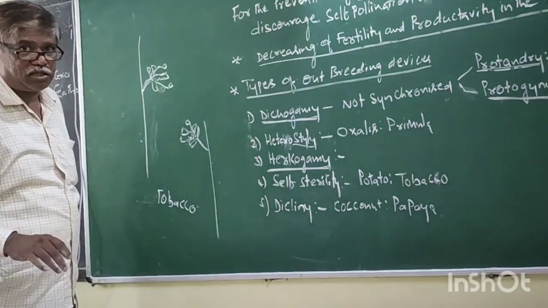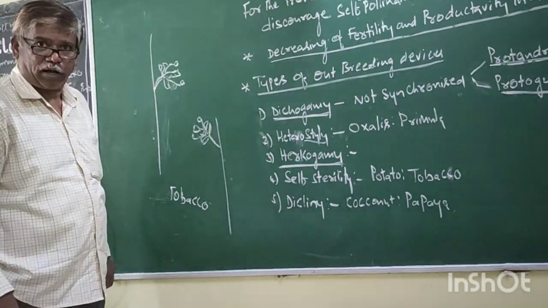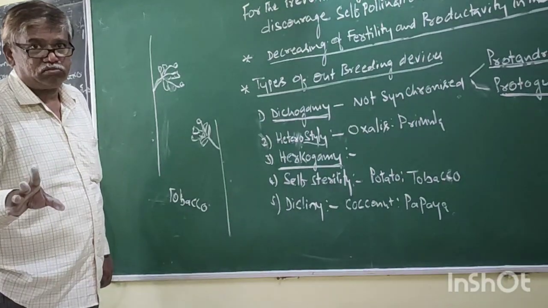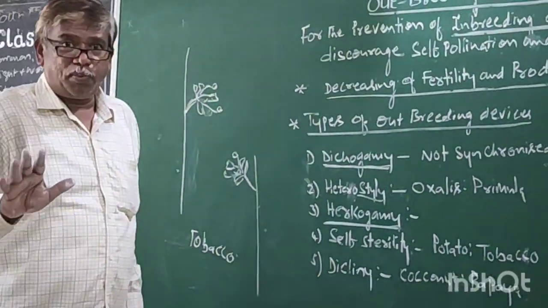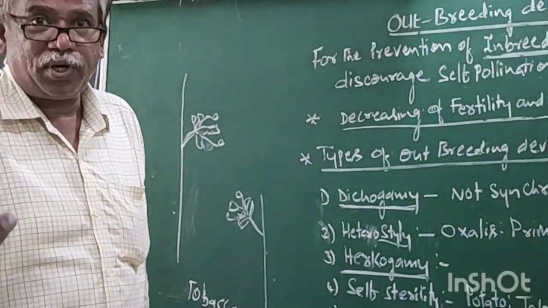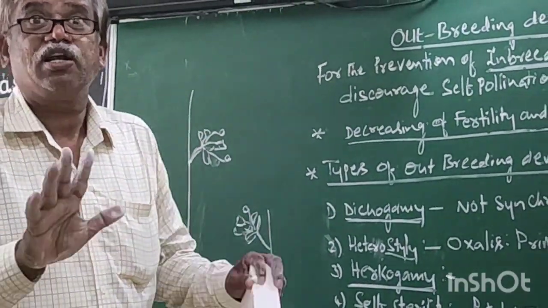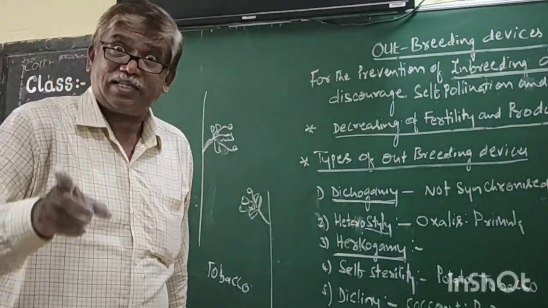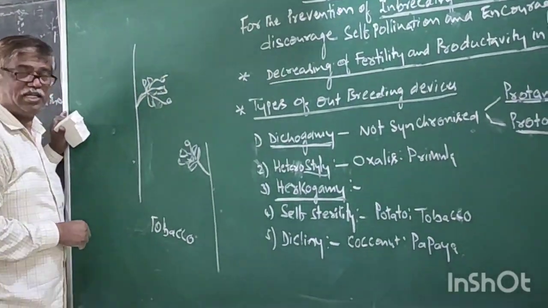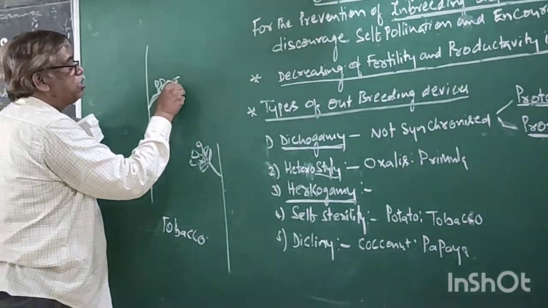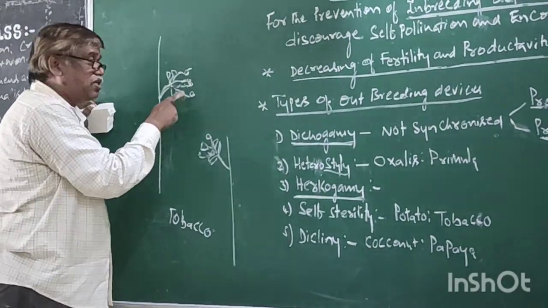We have some morals and ethics. On this occasion, I give you an example for better understanding. You cannot marry your own sister, even though she may be a girl. A male person marries a female, a female person marries a male, but the male and female do not belong to the same parents. Similarly, what is this? Anther. This anther has pollen grains. If this pollen grain is deposited on the stigma of the same flower,